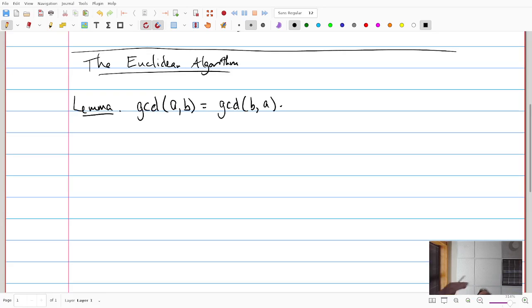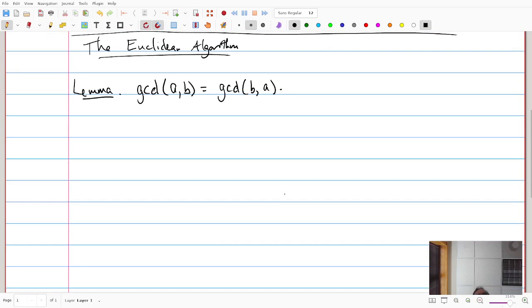And if you want to do a formal proof, you basically look at the definition of GCD and you say, look, the definition doesn't make any distinction between A and B. It's completely symmetric. So if I switch them, the definition is the same. I guess formally it would come down to the fact that "and" is also symmetric or something. But